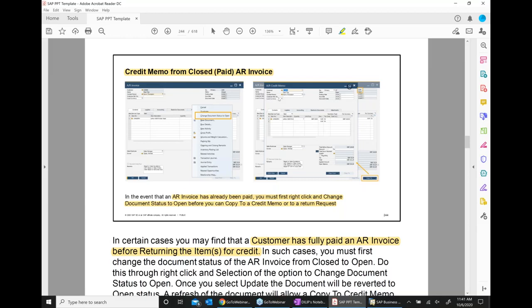The customer says, sorry, I made a payment, I don't like this product, I'm sending it to you. So you have to give the customer payment back even after the customer has made a payment to you. It all depends upon the terms and conditions you might have with the customer. Understand the difference.